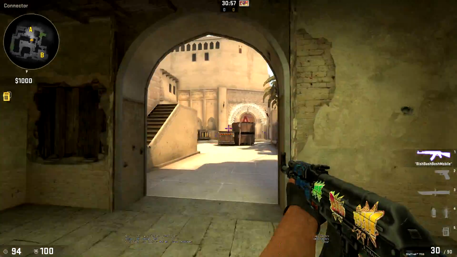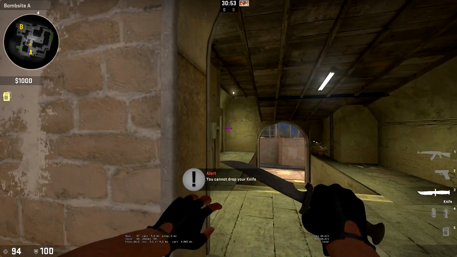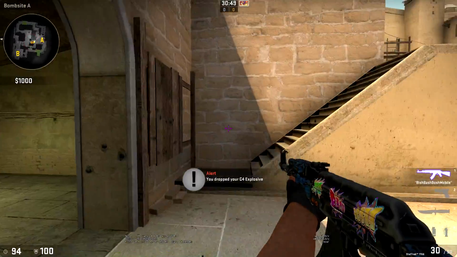And then you can push through mid. It's a good idea to not have all 5 players come through mid. Why do I have the bomb? Yeah, you don't want all 5 players to come through mid. Maybe 3 or 4, and have...